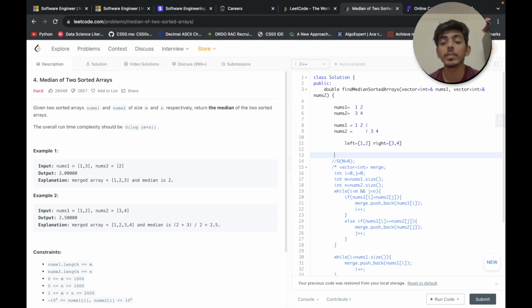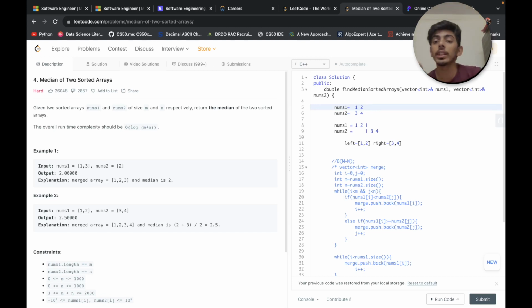So how can we achieve that? We will be having some points over here. If we have a variable partition x, and that partition x will be 2, it means that in the left part we have 2 elements present. We do not consider this partition value as an index.